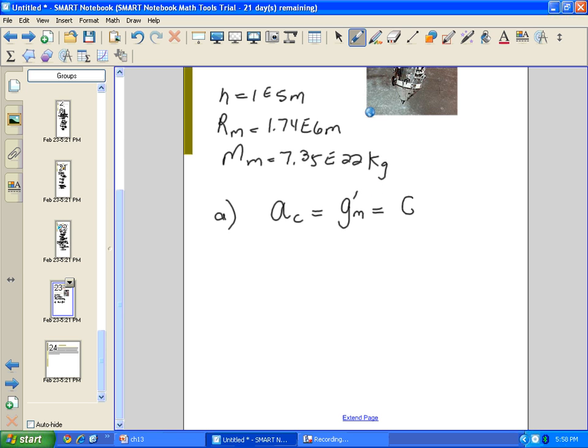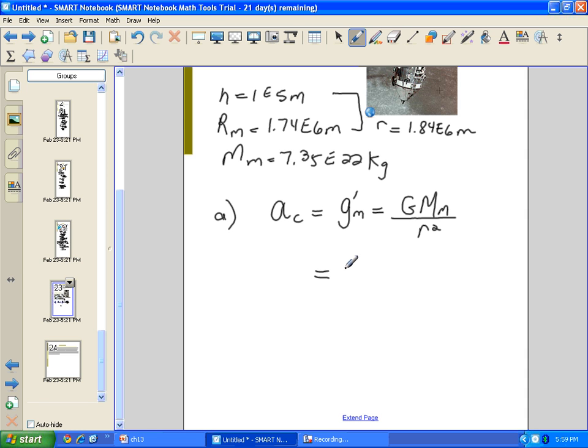And to get the g, and I'm calling it effective because it's not on the surface of the moon, we get capital G, big G, that's a universal constant, times the mass of the moon, divided by, here we got to be careful because we are going to have to use a little r, which is the sum of h plus rm. And when we sum these, I get 1.84 e to the 6 meters. So rather than write it separately, I'm going to write little r squared. We plug in our numbers and we get a sub c equals